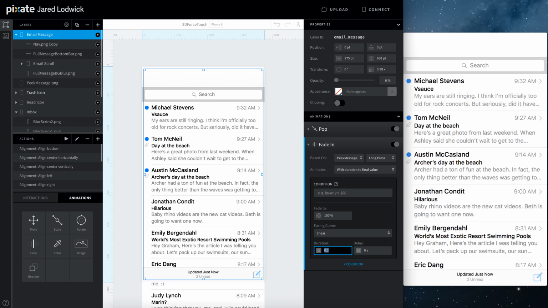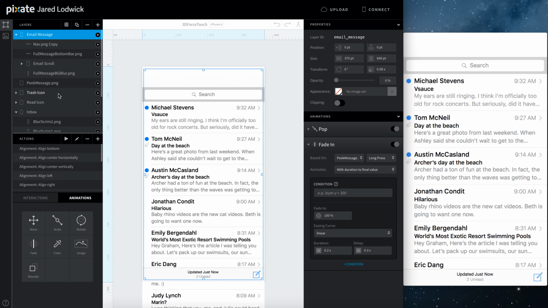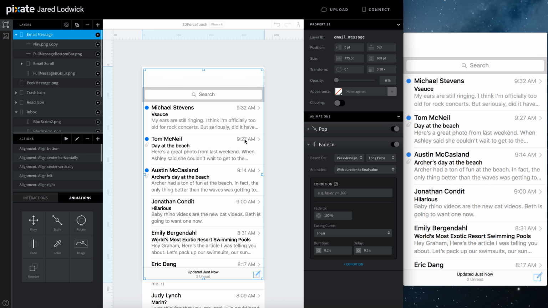Fade to 100. We'll add that 0.3 second duration here. Okay, yeah, let's go back into this peek message and set the duration to 0.2. Bring it down again. That should be good. So now when this scales up,